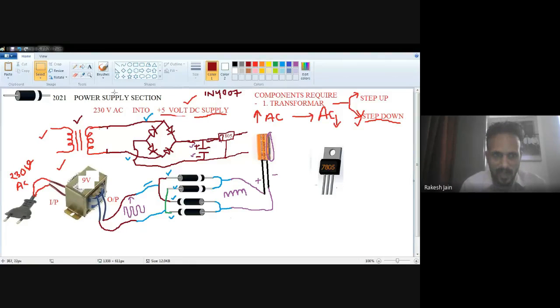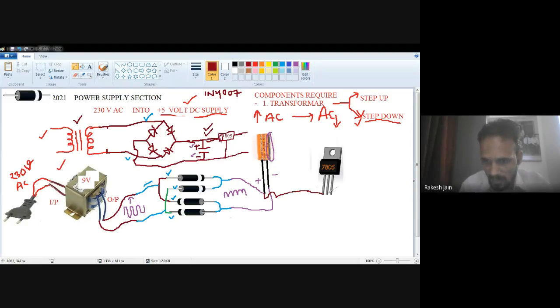The first pin is always the input pin. I am talking about this pin. Where should it be connected? It should be connected with the plus of the capacitor. This one is the plus terminal of the capacitor. I just used a jumper wire here in the diagram, so understand that this jumper means it is directly connected with the first pin. So the plus terminal of the capacitor is connected with the first pin of the 7805.